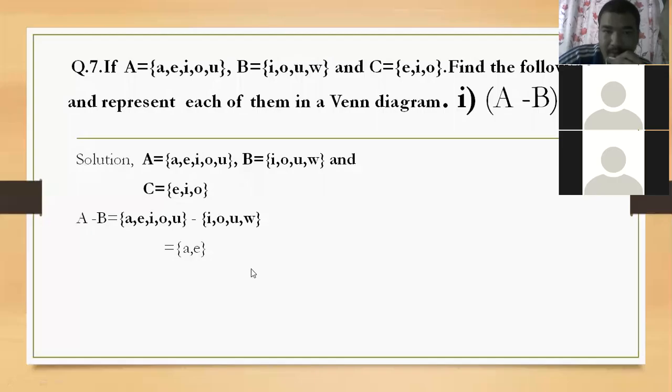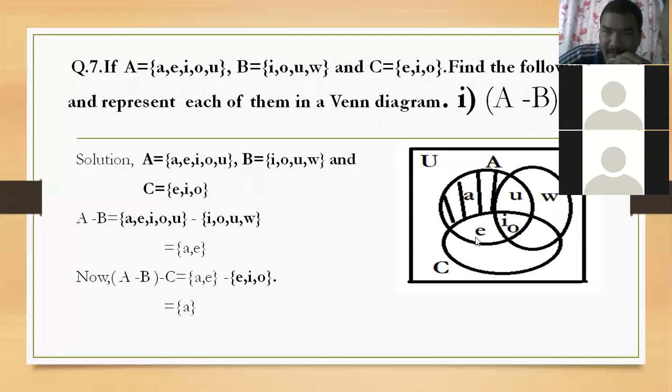Okay, children. Here first we find A minus B, then whatever answer comes, from that A minus B we have to subtract set C. A minus B minus C you have to do. Then your answer will be A only. We just write the remaining elements of A minus B. We don't write the elements of C because we are subtracting these elements from A minus B.